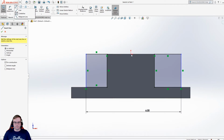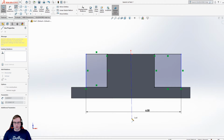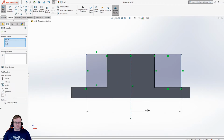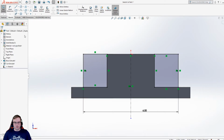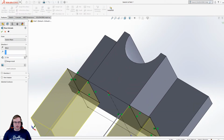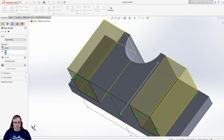Center line? Yep. Draw it down like this. Select everything I need for a symmetric relation. That locks everything in nicely. Okay, so now I'm going to go Features, Extrude Boss Base, and I'm going to do a blind extrusion upwards,